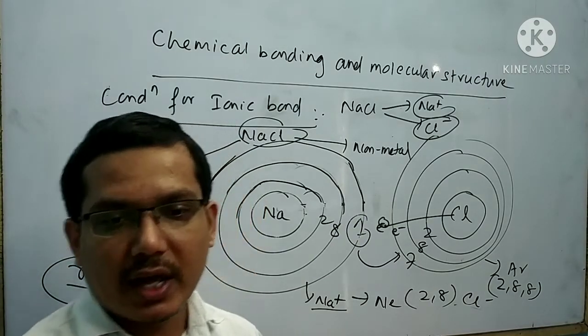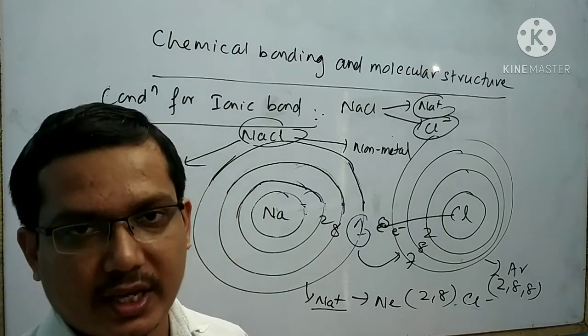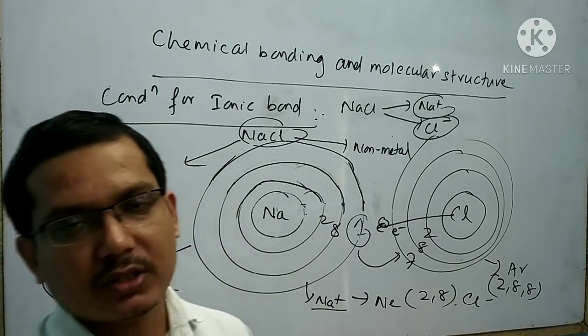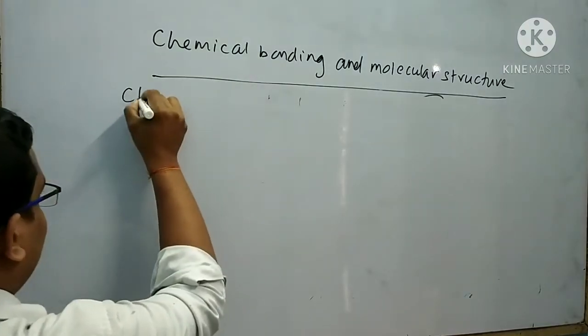The ions which participate in the ionic bond must be very small in size. These are the conditions for ionic bond. Next I will explain about the